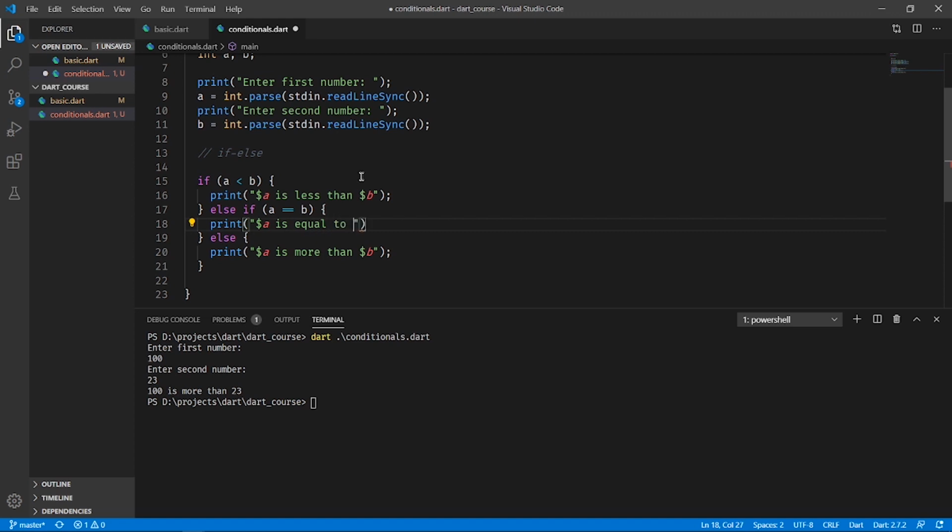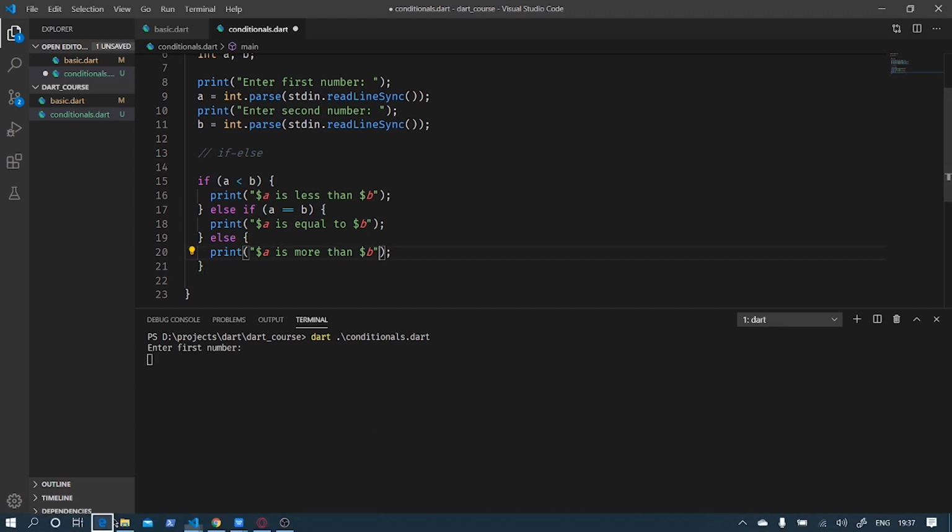Alright, so here you can see that I have defined an if condition. If this if condition is false, the program will go to the else if condition and check whether this condition is true or not. If this is false, then it will go to the else block. So this looks like a ladder, and this is why it is known as the if else ladder. If I run the program again, sorry, I have not saved that.